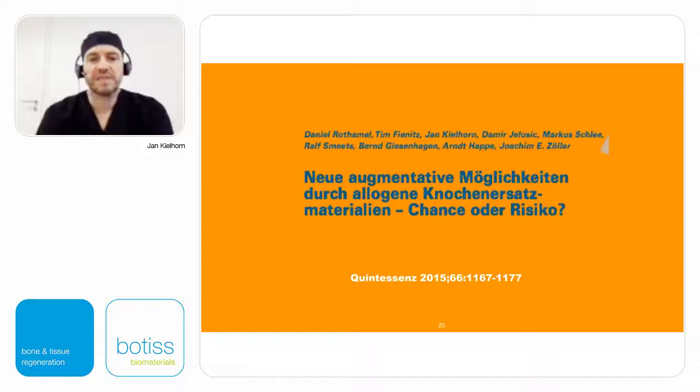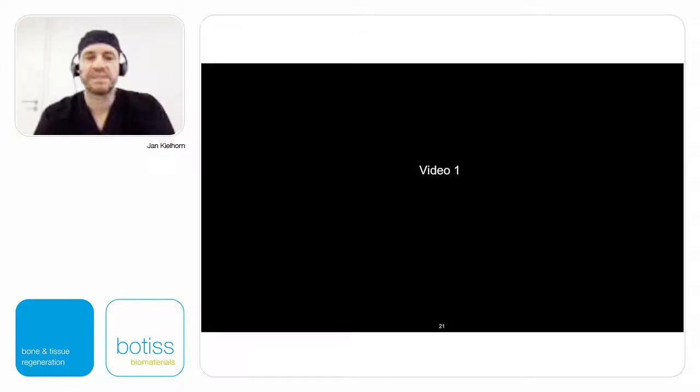There are a lot of studies now going on, as you see at this Quintessence publication regarding allograft materials. There are a lot of different shapes of allograft materials being used. They are going more and more on the market. In the United States, of course, it's used very nationwide, and they're very popular and very successful used by dentists and oral surgeons. But in Germany, it now gets to the market. Now to show the video